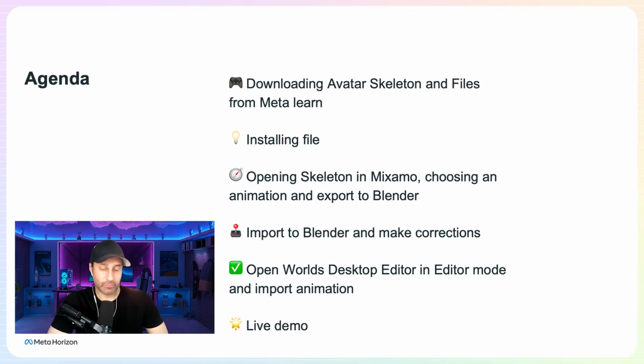Mixamo is a free program that has hundreds of animations through dancing, walking, you name it, they have it. It's all free. We will walk you through how to use that, how to create these animations, and then I will walk you through bringing them into another program called Blender. What we can do in Blender is we can kind of fix some of the animations. If you want it to go a little faster, you want it to go a little slower, or let's say you brought in an animation and it wasn't looping correctly, we can fix all of that in Blender,